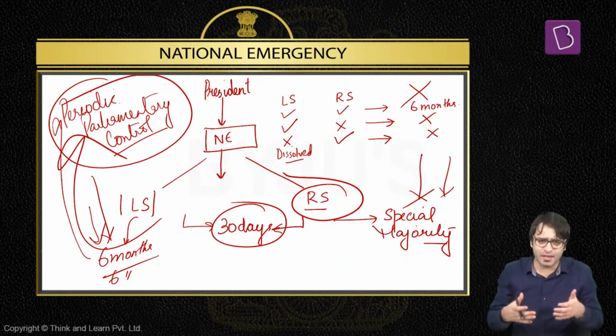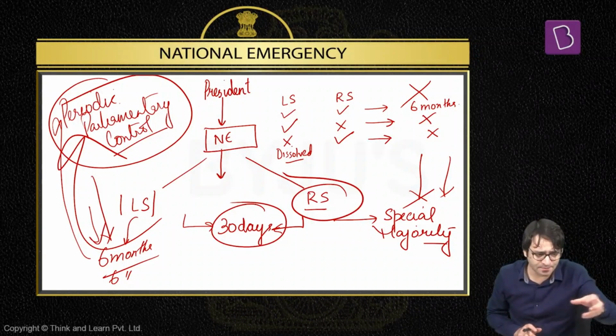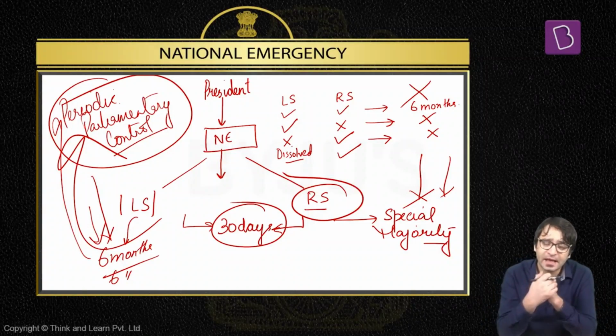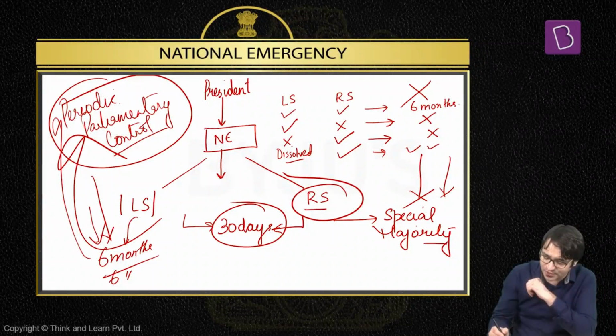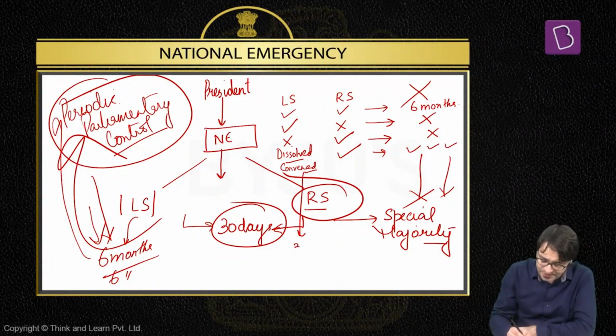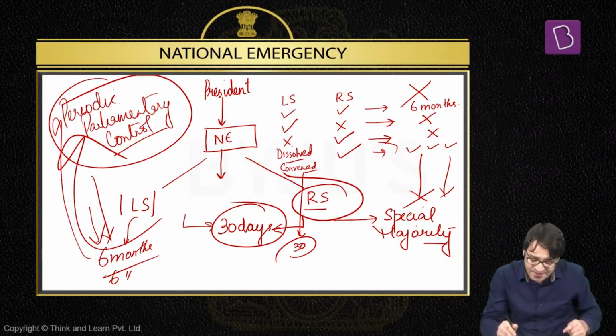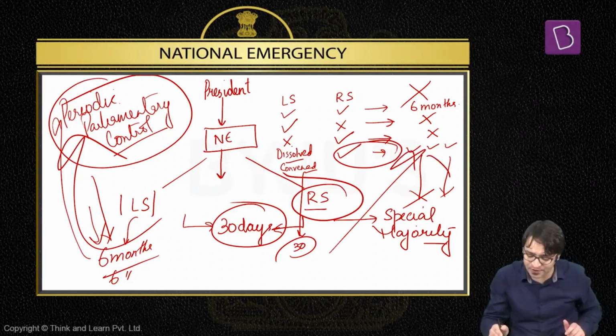Now Lok Sabha is dissolved. Let's say for example today President proclaims national emergency. Within 30 days, both Lok Sabha as well as Rajya Sabha have to approve this national emergency. But within 30 days, Lok Sabha stands dissolved. Rajya Sabha has to give approval by special majority. And if Rajya Sabha gives approval by special majority, national emergency continues. But if tomorrow, for example, Lok Sabha is convened again, within 30 days, Lok Sabha has to approve this national emergency. That too by special majority. And if Lok Sabha does not approve this national emergency by special majority, despite the fact that this national emergency was approved by Rajya Sabha, this national emergency will not continue.